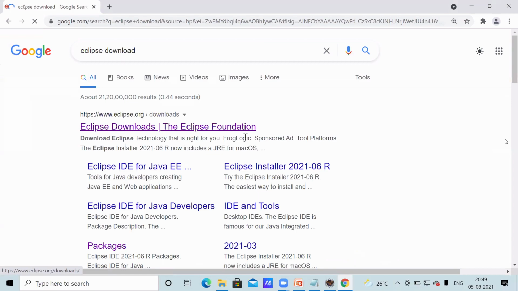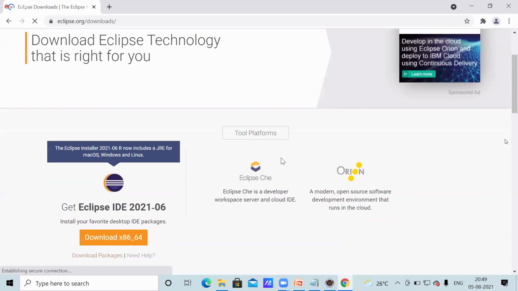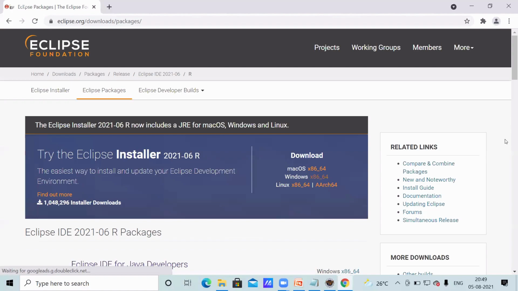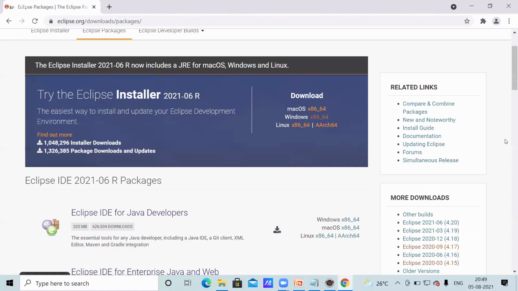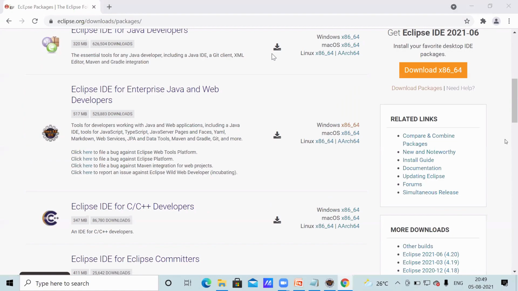Click on Eclipse downloads, then download packages. This one you can download, which is better: Eclipse IDE for Enterprise Java, that is Java EE. Annotations and URL patterns are also possible.